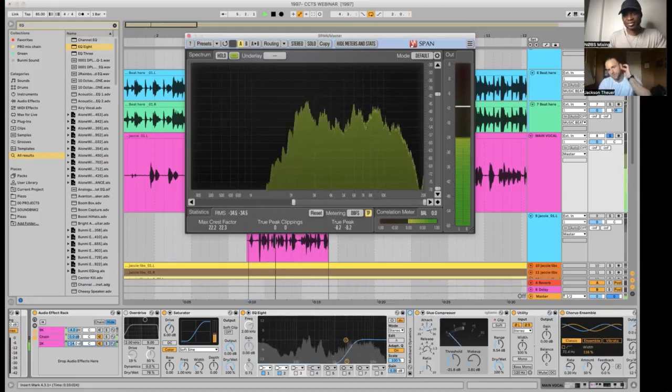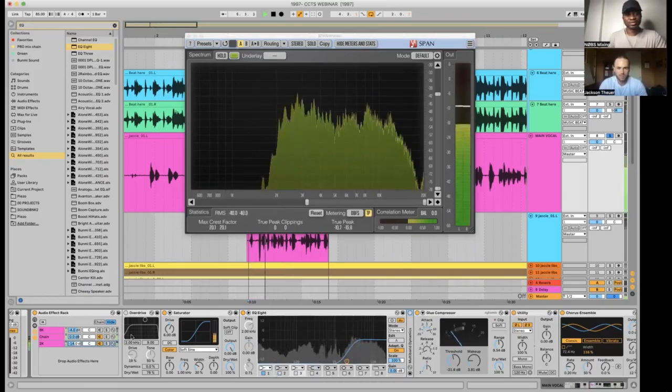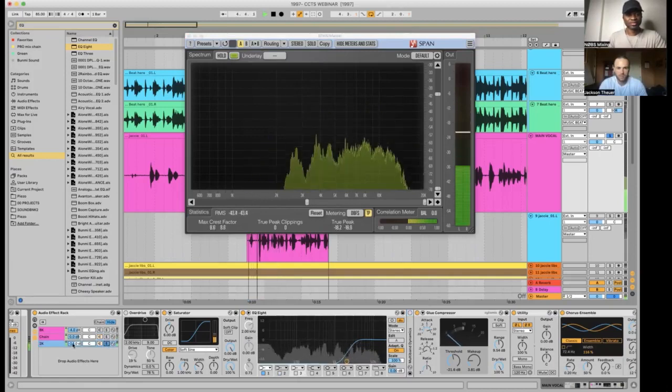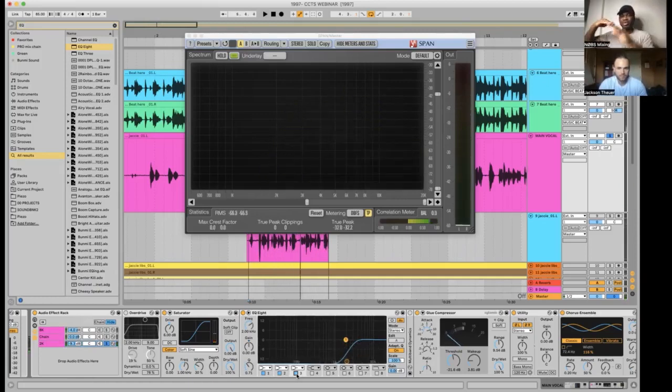That's weird. Why do you need two shelves in the same place? Because one is not going to give me the total. You see, this is one. Oh, I see. It's not strong enough because it's a shelf. The more you lay on top, the more it pushes that energy all the way to the top of the 2K. Yeah, because a shelf is not a cut. It's still putting some stuff in.